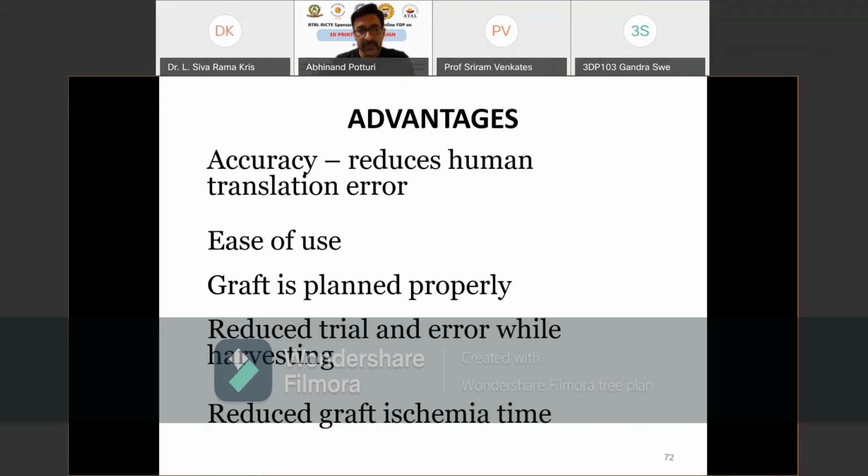It becomes very easy for the surgeon, and patient acceptability increases. And if you are doing a bone graft from the leg, as I showed you in one of the first slides, then it becomes very easy for us to shape the bone accordingly, so that we will be able to get the exact shape of the facial bones, which are multidimensional. And it reduces trial and error while harvesting the bone. Harvesting means removing the bone from the leg. You don't have to try and cut and see how it is fitting, because you already have a model in front of you. You know exactly the shape you want to create. So it becomes very easy for us, the entire procedure.